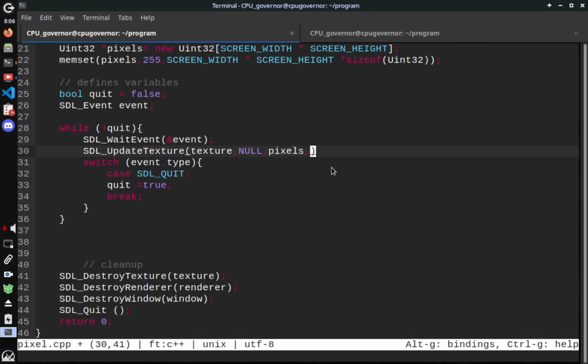We'll say pixels, then we'll pass in our screen width. All right, then we'll times it by the size of uint32,